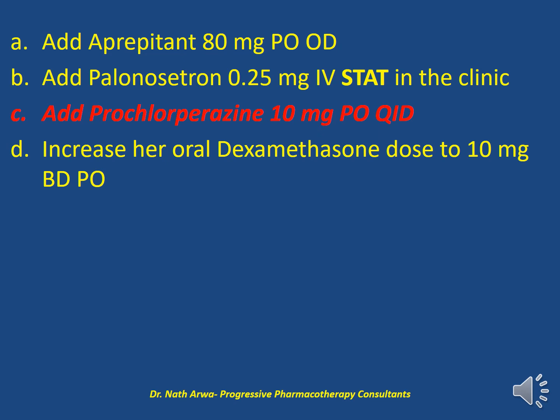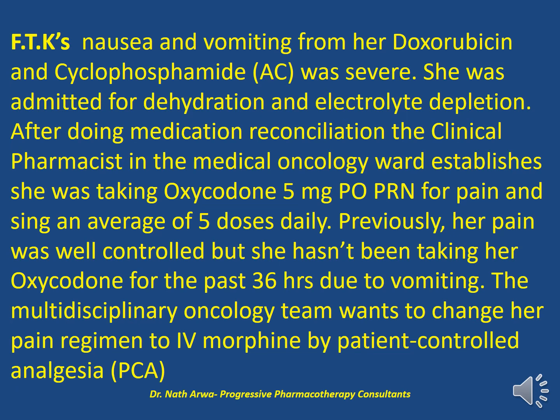Adding prochlorperazine is appropriate because it provides an additional mechanism of action. It's anti-dopaminergic in activity, and that would help effectively combat nausea and vomiting. Its addition is supported by antiemetic guidelines used by many chemotherapy centers. Answer D, in my opinion, is incorrect. Our patient should maintain her recommended dexamethasone dose of 8 milligrams orally once a day. Let's move to the next question, which reads,